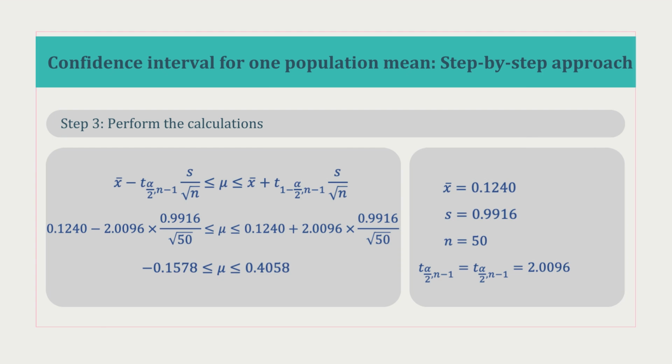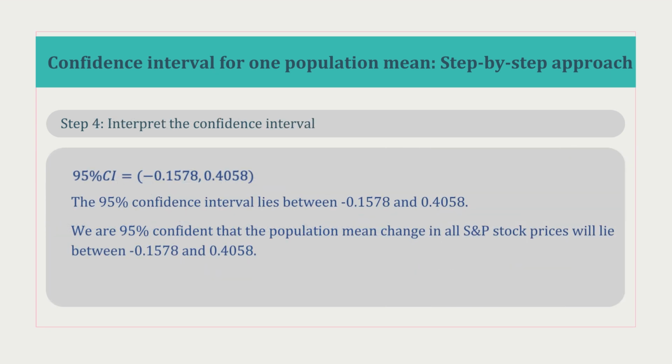The lower limit of the confidence interval is -0.1578 and the upper limit is 0.4058. The 95% confidence interval for the mean lies between -0.1578 and